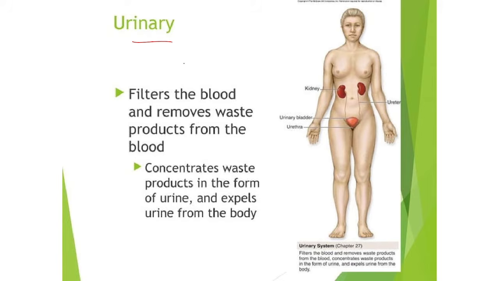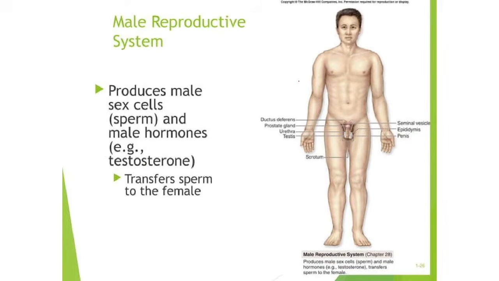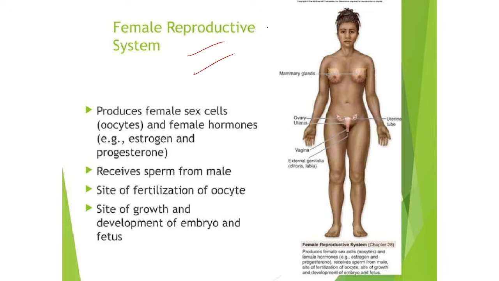And the next one, the urinary system, is the excretory system. Here the main organs are the kidney and urethra. We will study the detailed anatomy and physiology of this system also. Next, the male reproductive system and female reproductive system. Okay, till now these are the different organ systems in our body. I think you got an idea of the systems we have in our body. These systems we are going to study in detail in the upcoming chapters.